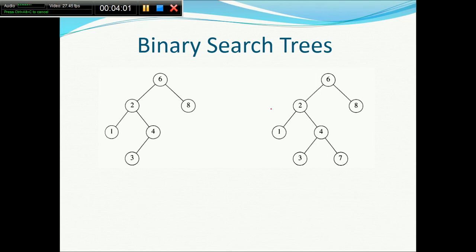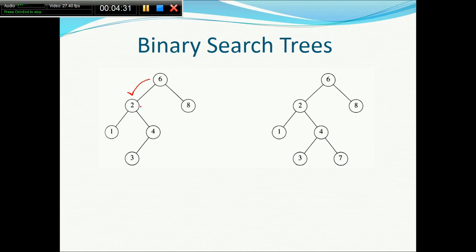Okay. So we'll find here, for this value 6, the right subtree value is 8, that is greater, and all the values in the left subtree, you can see here 2, 4, 3 and 1, are smaller than 6. Okay, so from here it is fine. I will jump here. So for 2 here, what is the value in the left subtree? 1, that is smaller, that is fine. And what about in the right subtree? 4 and 3 are greater, so fine.